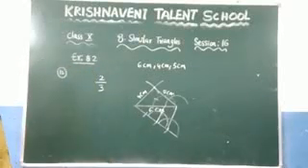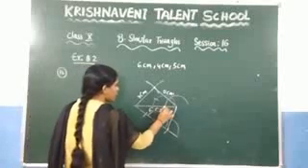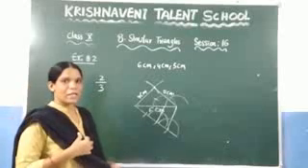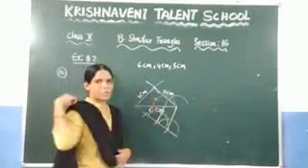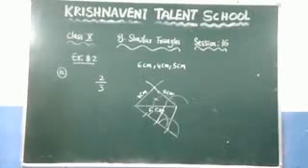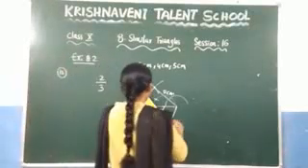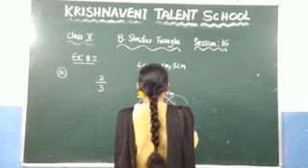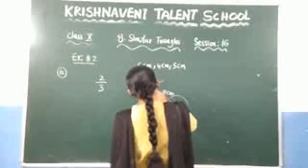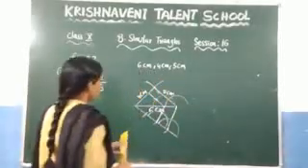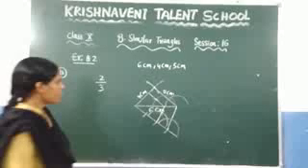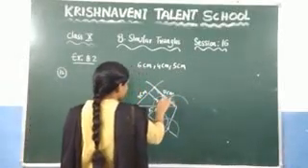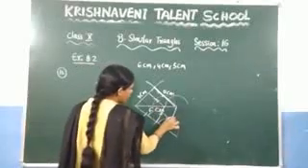Now what we need to do here, you need to join this vertex and this intersection point so that you will get one line segment. That line segment is parallel to this line. So let us draw that one. Here you can identify that this line and this line are parallel, right? This line and this line are parallel, and similarly these two lines are parallel.